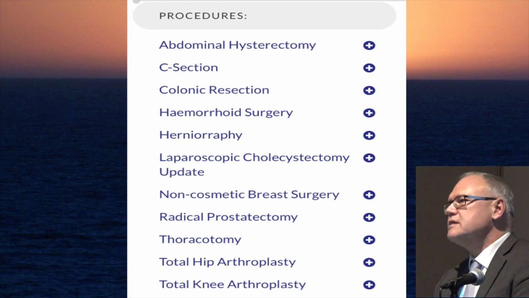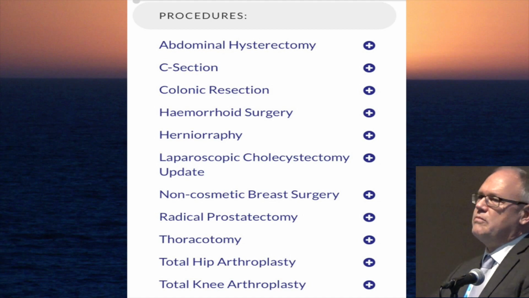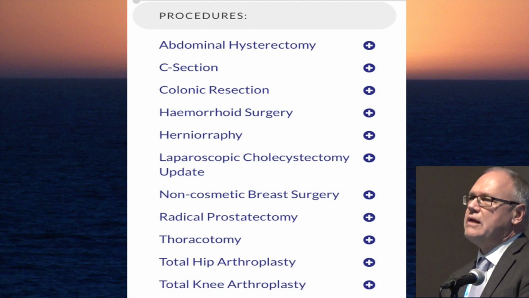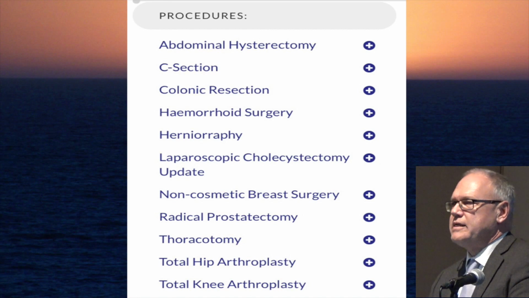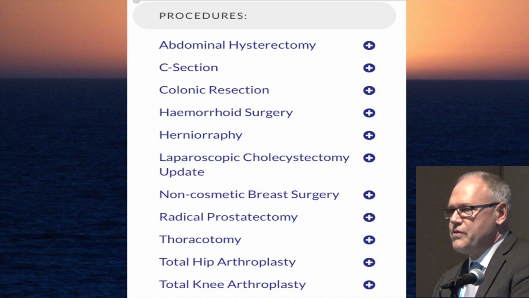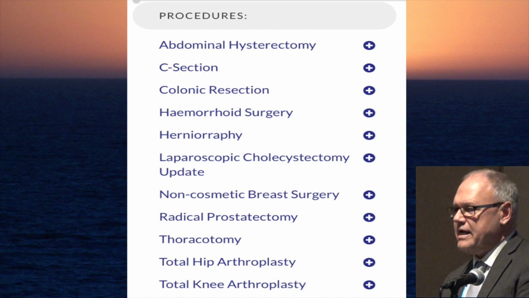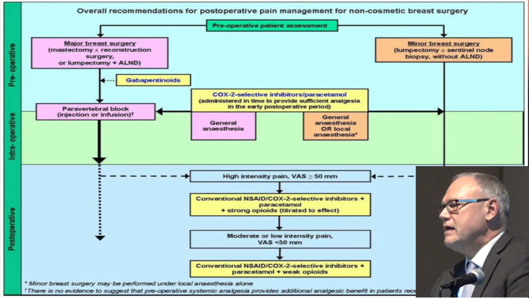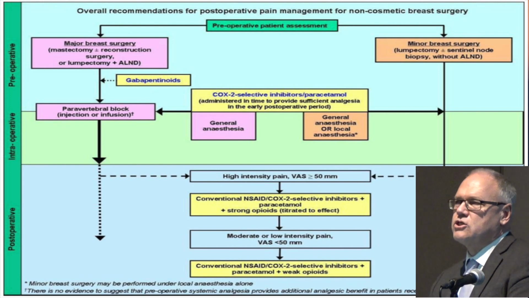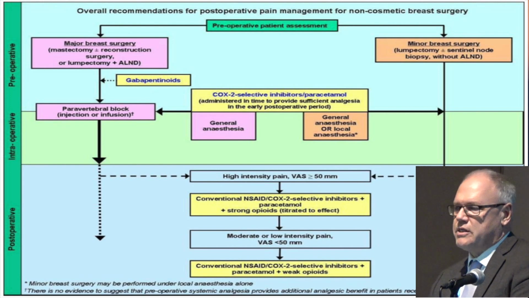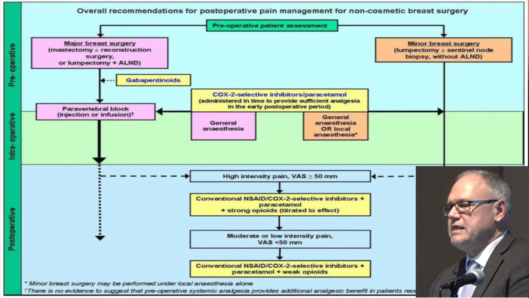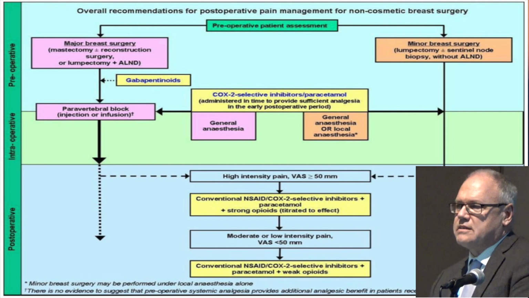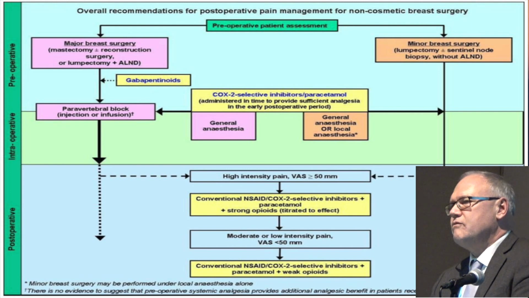This does not exist as a book because it has so many layers, down to each individual abstract you can actually read on the website, that it is impossible to put that into a book. But if you are lazy, you can just go to the overall recommendations, and then, for example, here for non-cosmetic breast surgery, you get a flow chart. What is the current best evidence? And you see again throughout there is multimodal analgesia everywhere, and these types of guidelines are available for all these